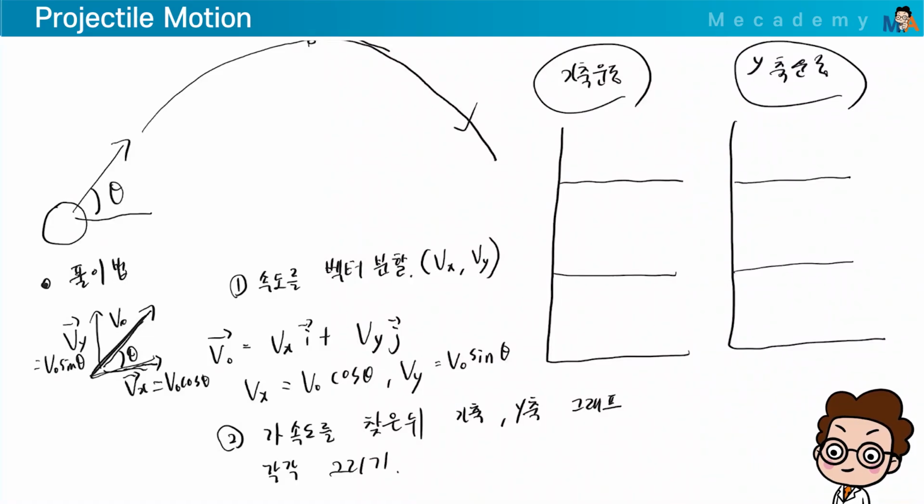Since it's a two-dimensional motion, you can think of interpreting it as two one-dimensional motions, which makes it a two-dimensional motion. Until now, we've completed it by drawing one graph for linear motion, but this involves x-axis movement, meaning the ball is moving along the x-axis. This is x-axis motion. Movement along the x-axis. Then there's the up and down movement, right? That's the y-axis movement.